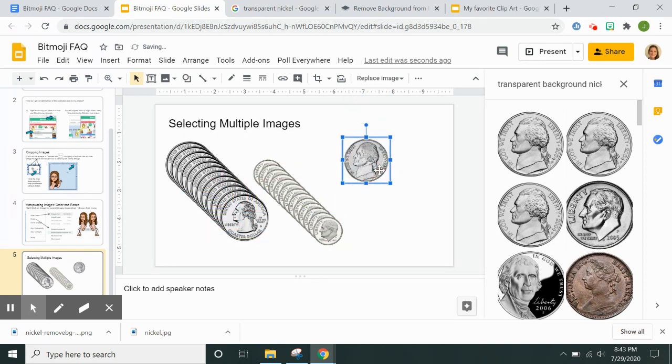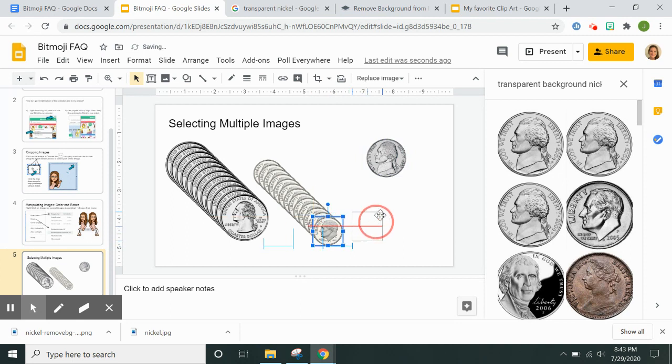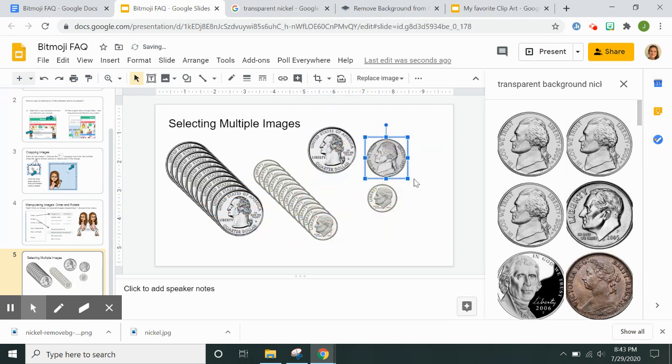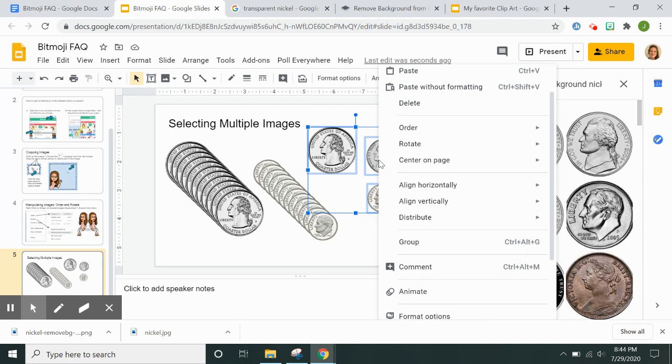Now, especially because I went through the trouble on that, like I keep telling you, I want to save these images. So I'm going to take 1 quarter, 1 nickel, and 1 dime, make that a tiny bit smaller. I'm going to hold down Control as I select all 3 of them, and then I'm going to right click anywhere,